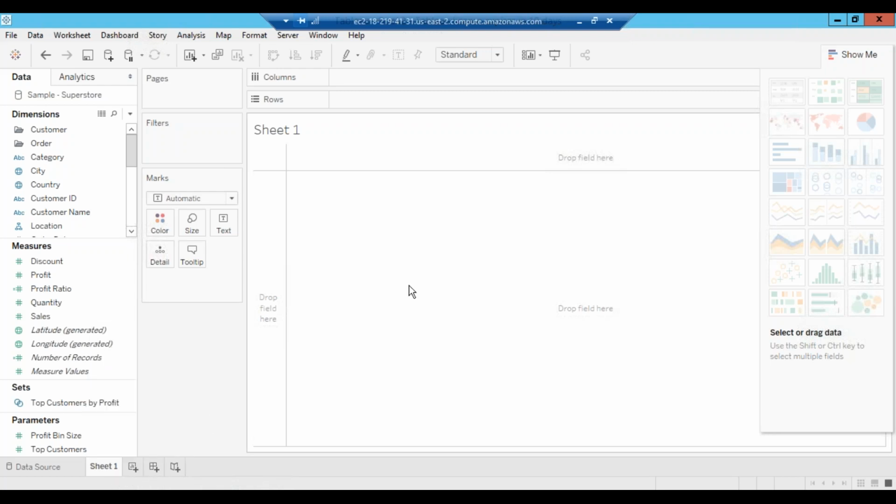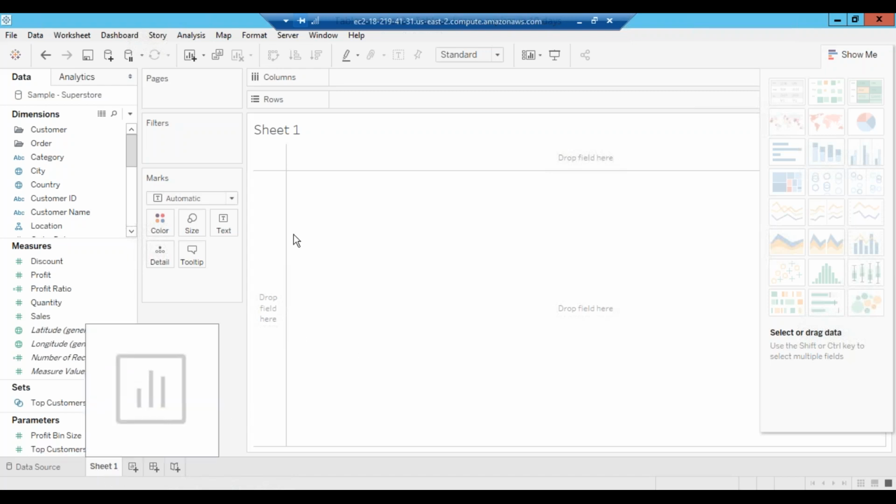Okay. Now, what you have to do? Here you see that I am in Sheet 1. You're saying we can create a visualization only for one sheet. I'm saying that in a sheet we can create only one chart at a time, one visualization at a time. Okay, I'll show you. Don't worry about it. So this is Sheet 1.